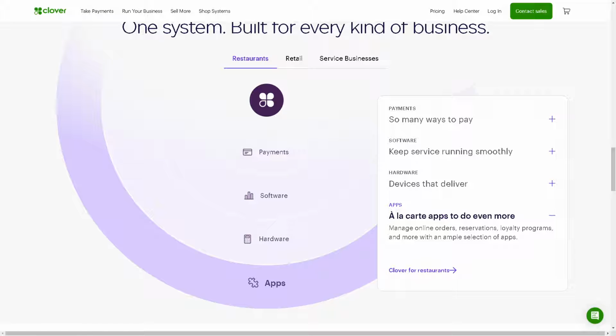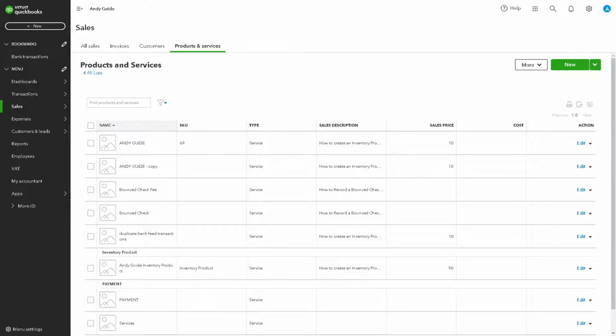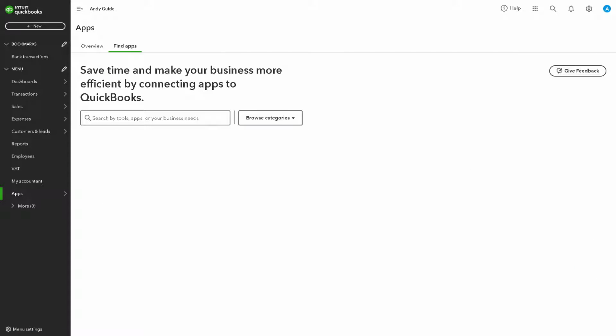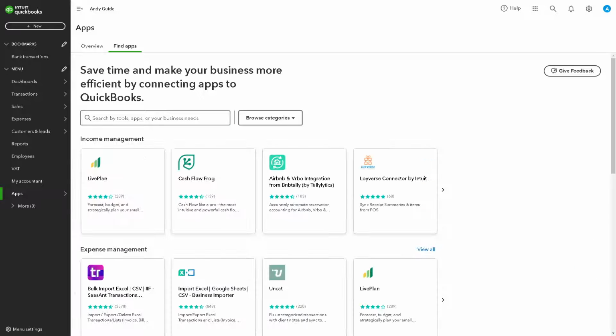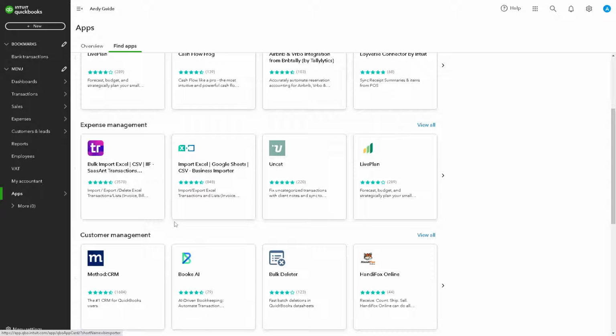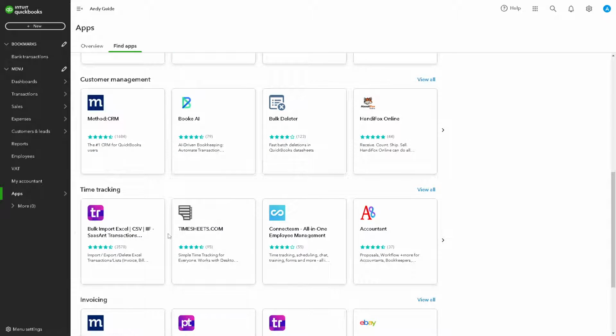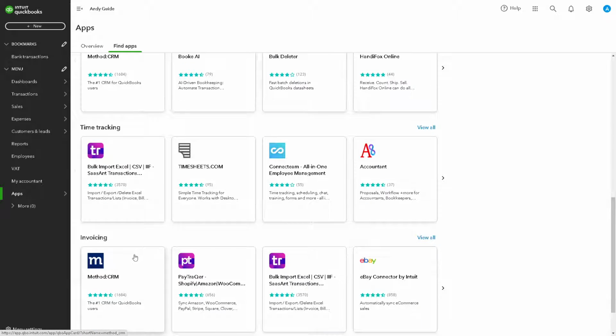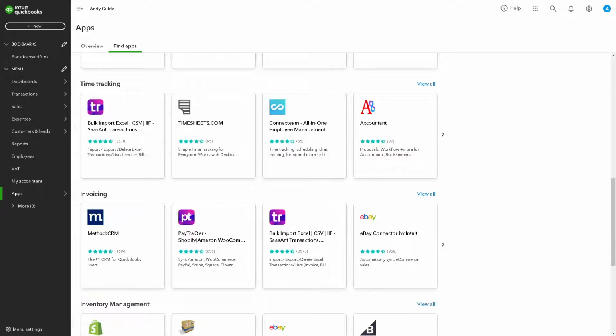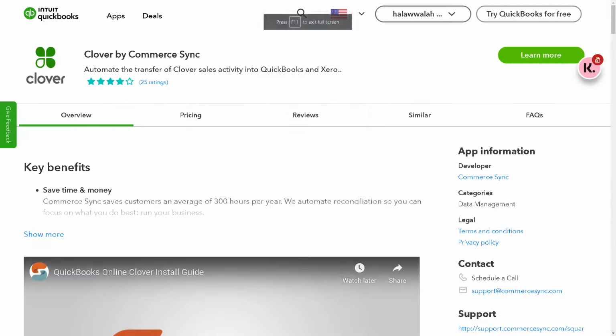Now, when you click on the dashboard of your QuickBooks, just hover to the left side panel and click on Apps. And from here, obviously, we need to sync the Clover, because by syncing sales data directly from Clover to QuickBooks, businesses can gain access to real-time financial insights and monitor their cash flow, revenue trends, and expenses, empowering informed decision-making. Now, when you click on the See More apps, what will happen is, as you can see,